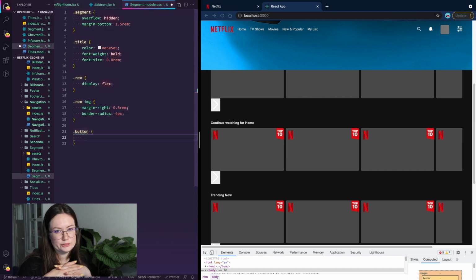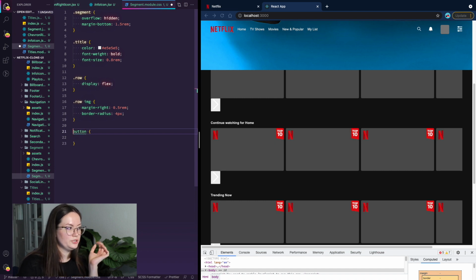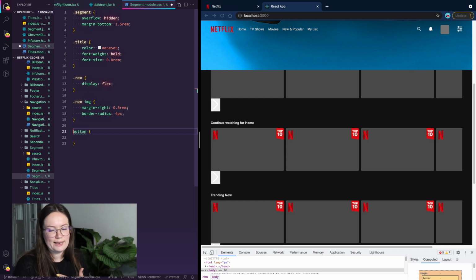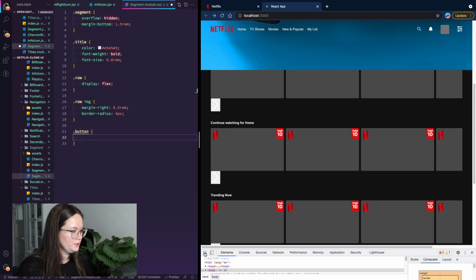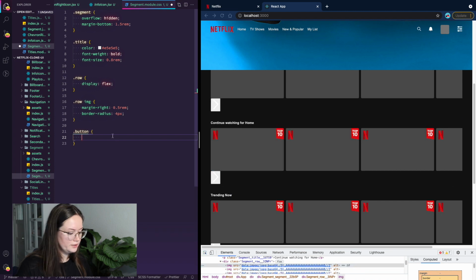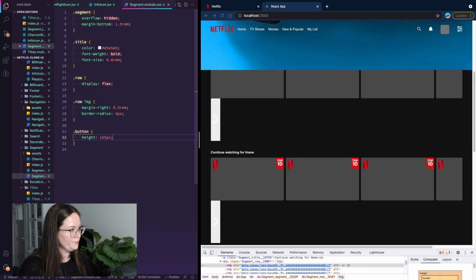I actually found out that you cannot target just elements, so you have to apply a class. If I would just do a button, then it's not going to be scoped. I think because there is no class to apply, then React just doesn't understand that it needs to be scoped. Because you cannot scope a tag, you have to have a class. So that's what I found out. But in our case, button is going to be, what's the height of it? 165. Yeah. Position,